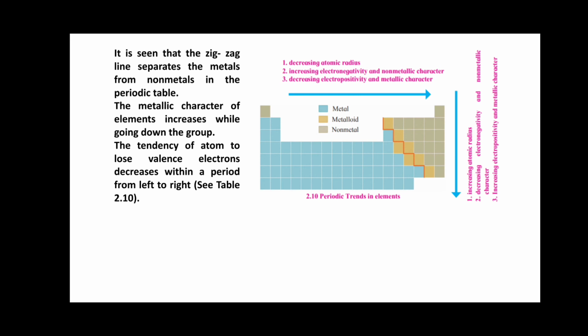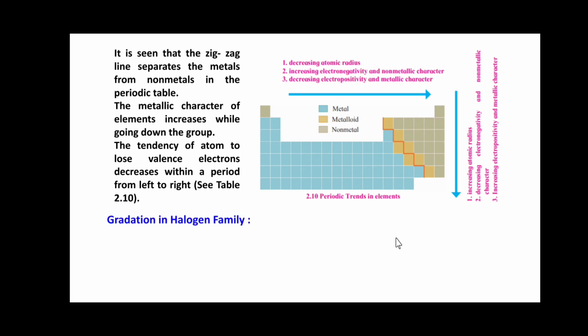Therefore, the valence electrons are held with greater and greater attractive force. This is called electronegativity of an atom. Due to the increasing electronegativity from left to right within a period, the ability of an atom to become an anion by accepting outside electrons goes on increasing. So the tendency of an element to form an anion, or the electronegativity, is the non-metallic character of an element. So friends, this is the metallic and non-metallic character that you could see in the periodic table for the transition elements.